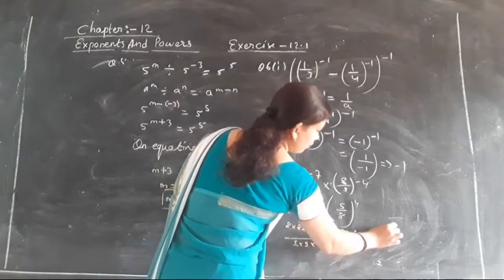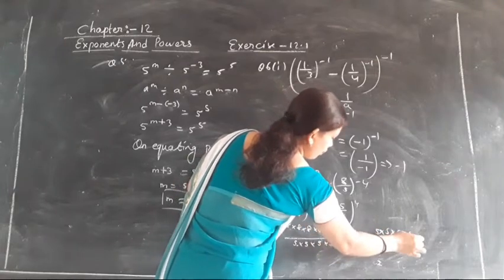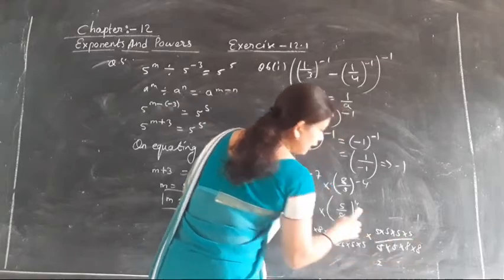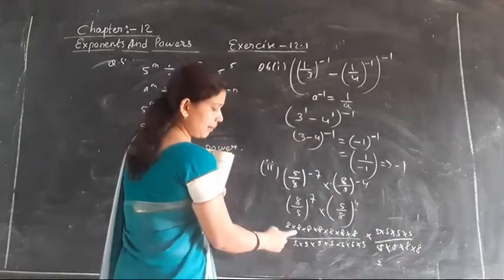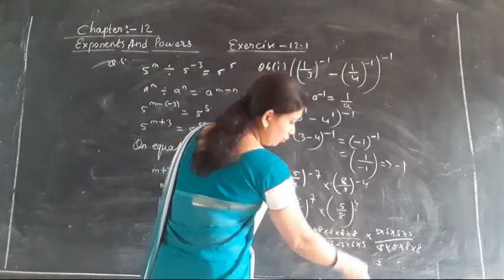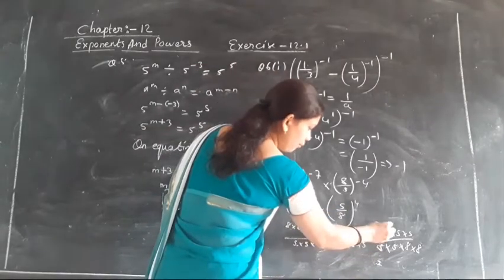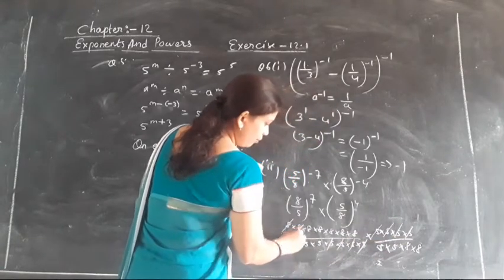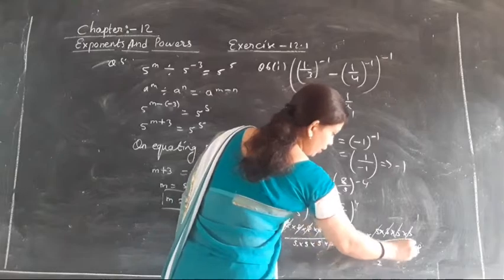Again 5 into 5 into 5 into 5 upon 8 into 8 into 8. How many times have we expanded? As the power is 7, we expand the numerator and denominator 7 times. As the power is 4, how many times do we expand the numerator and denominator? 4 times. 1 2 3 4, 1 2 3 4, 1 2 3 4, 1 2 3 4 will get